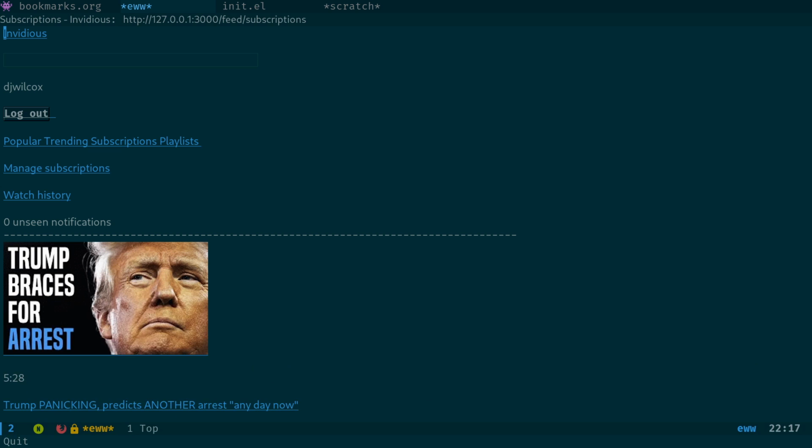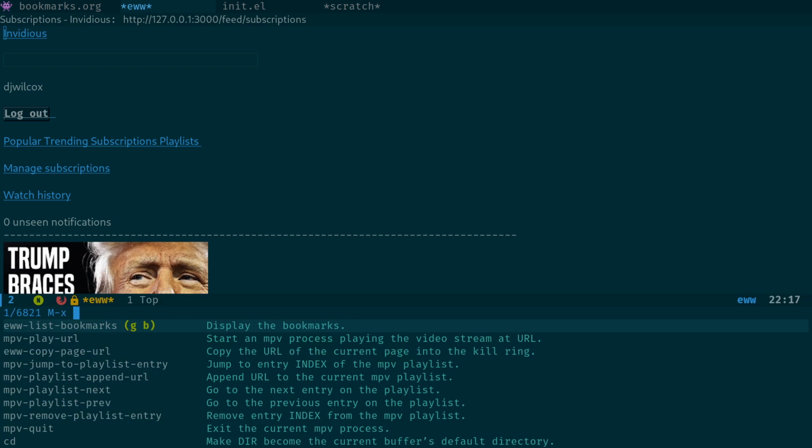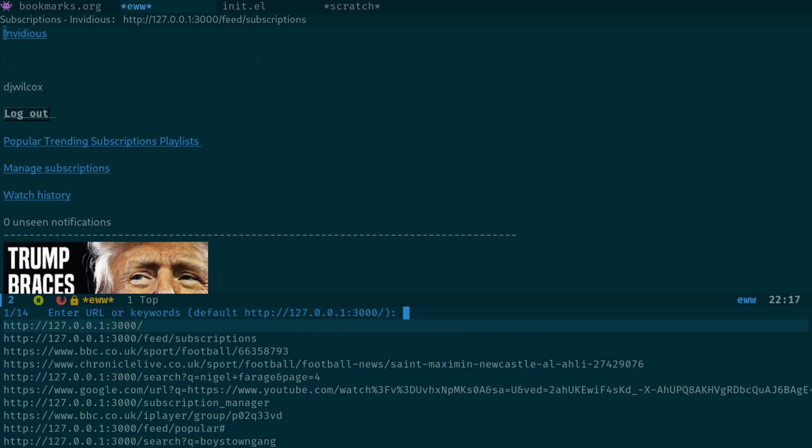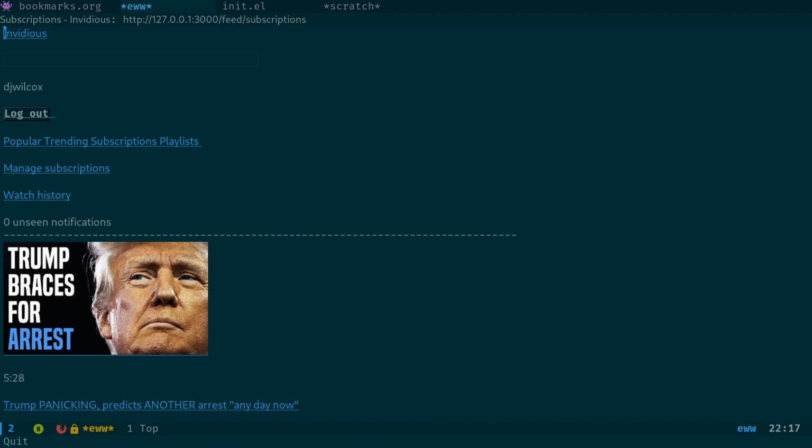So that's how you can actually bookmark these pages with eww. Rather than, if I type eww, it's going to come up with a list of recent things there, completions. But having bookmarks is a bit more efficient, rather than having to go through a list of URLs. So that's how you can queue things up with Emacs,